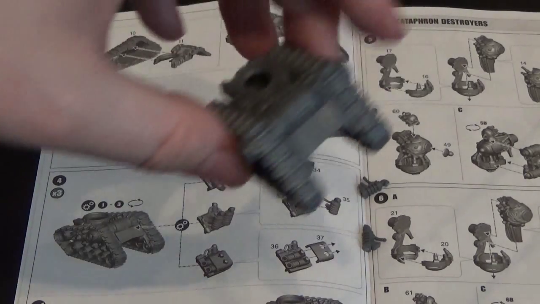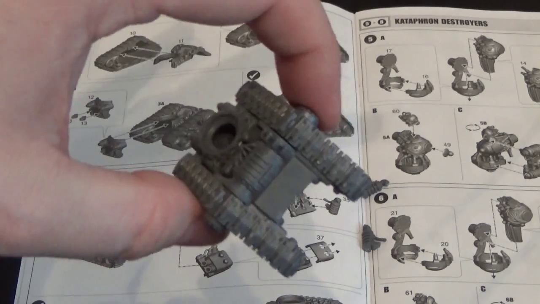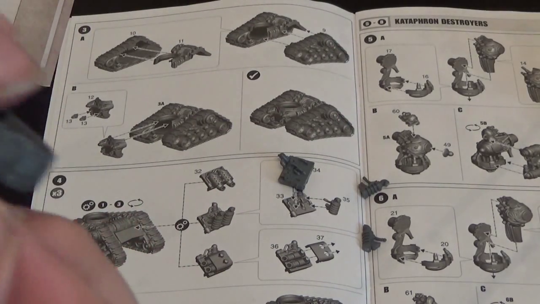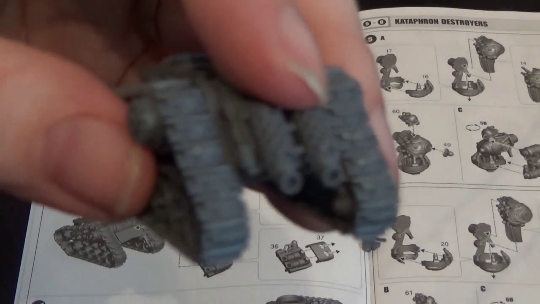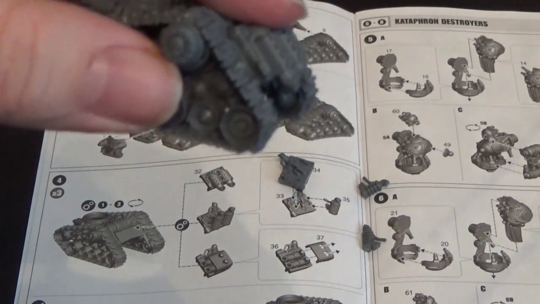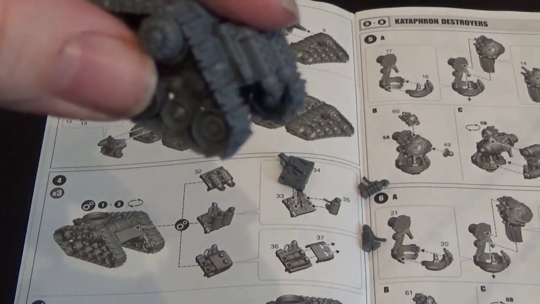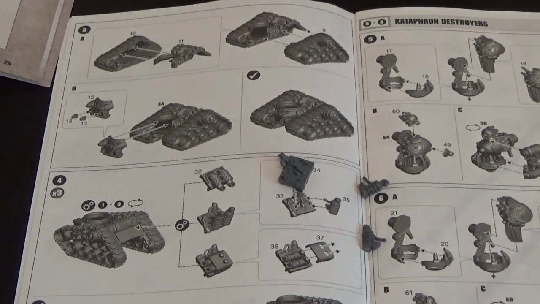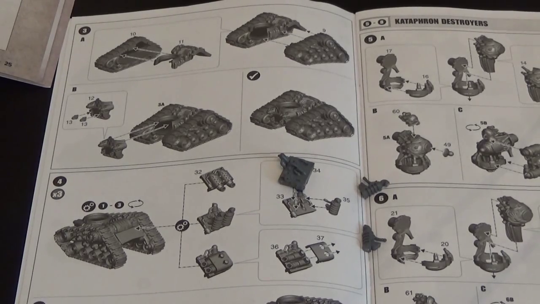Okay, so that flat area there on the back, that'll go on like so. So those 2 little engines are pointing downwards, coming out the back like exhausts. There we go. So we'll stick these together and on, and I'll stop if there's any problems, but this seems